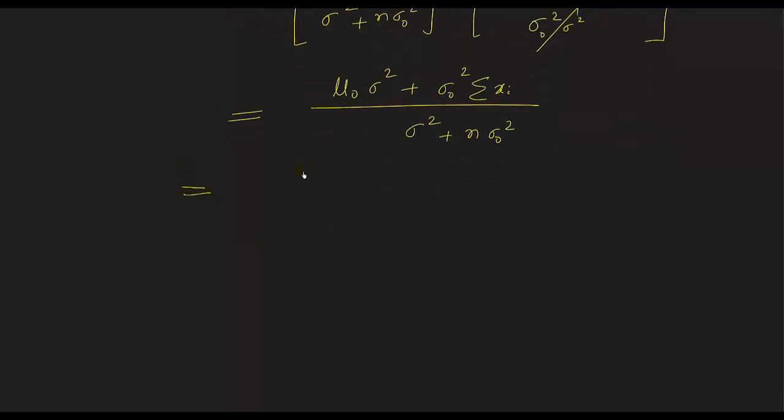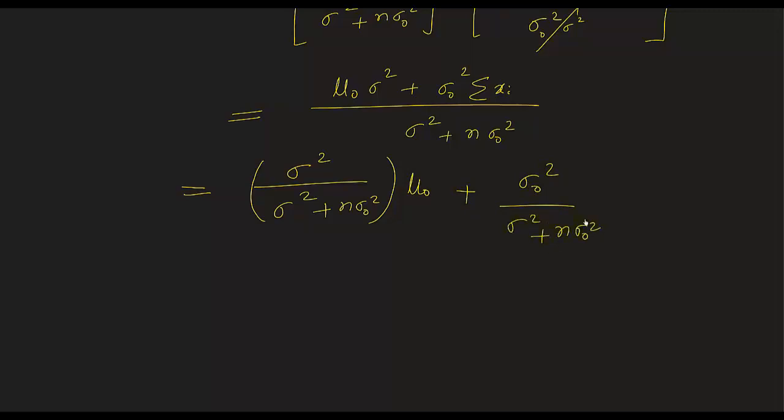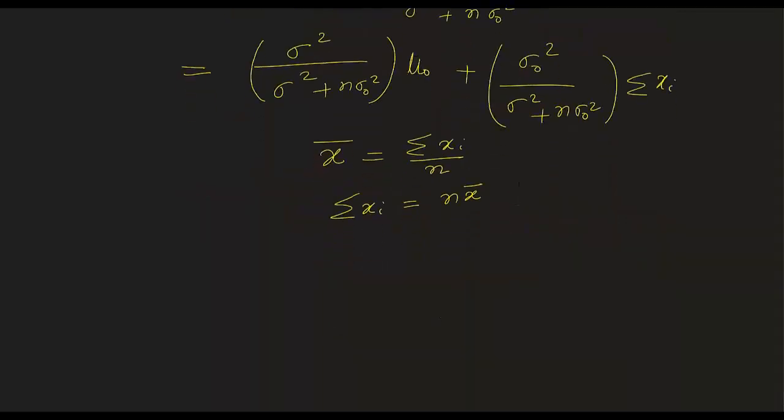If I rearrange, then I can write this is sigma square over sigma square plus n sigma naught square, and this times mu naught, plus this is sigma naught square over sigma square plus n sigma naught square times summation xi. So summation xi is related to sample mean. If you remember, we can write sample mean is nothing but summation xi divided by n. This means summation xi is n times x bar. So if we plug this value in this equation, we can write